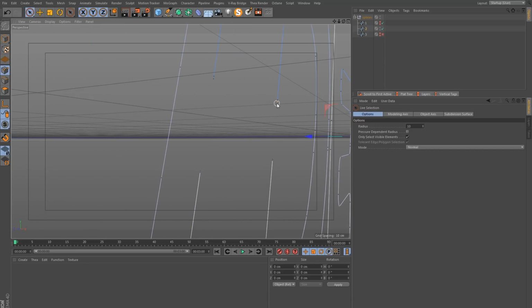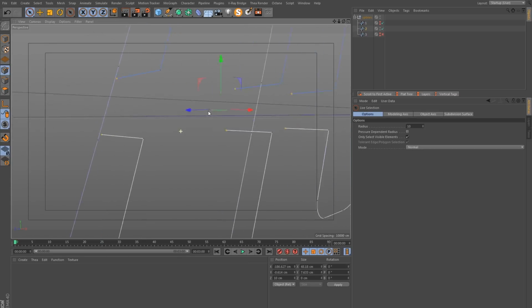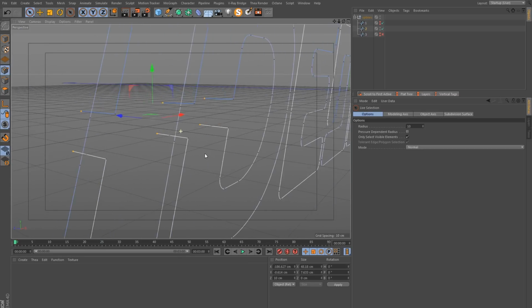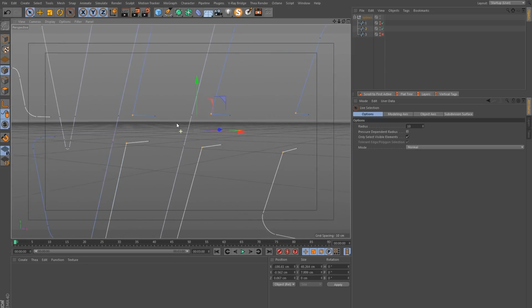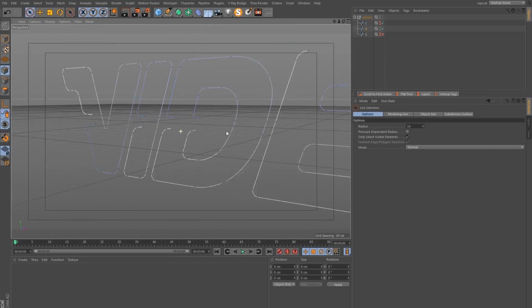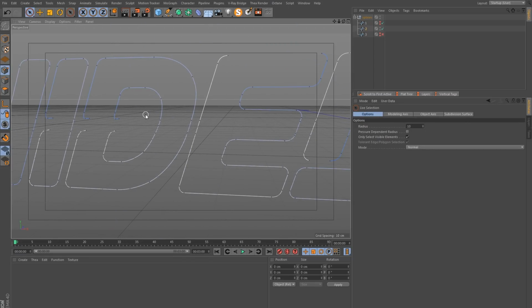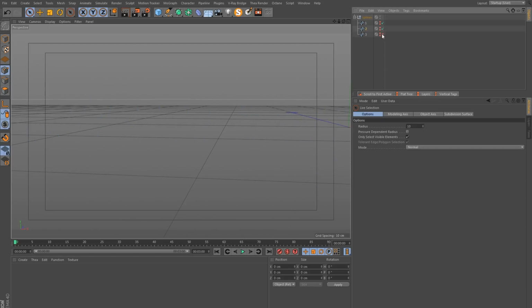So just doing this kind of thing, and then selecting those inside points. And now I move all of them at the same time. So 10 centimeters. And we can now select the corners and chamfer at the same time. So you might speed your workflow that way. So I've already done this before. I don't need to keep going.